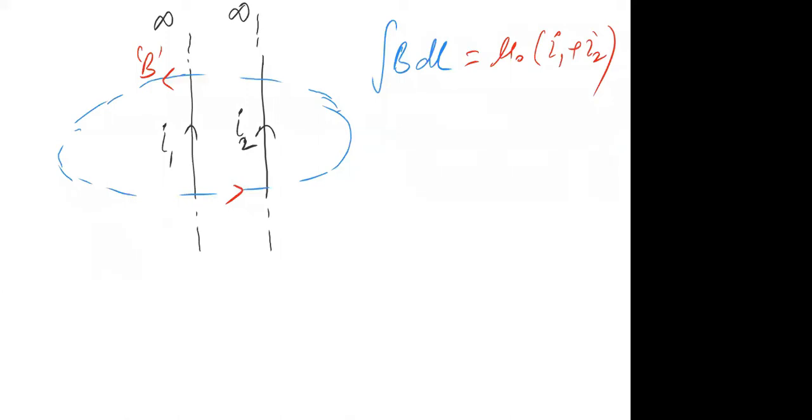But on the other hand, if you have two infinitely long wires, where one carries a current of I1 and another carries a current of I2, and the currents are in the opposite direction, it is very obvious that we will have to subtract the two currents. But which current will be taken as positive and which as negative is the point. Try to understand, because there is no meaning to negative current. You cannot tell me that this is in the positive direction so it will be taken as positive, and this is in the negative direction so it should be taken as negative. No, because current doesn't have any sign to it. Current has direction, but there is no meaning of negative current.